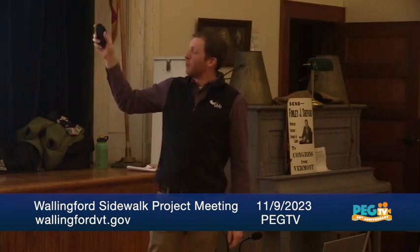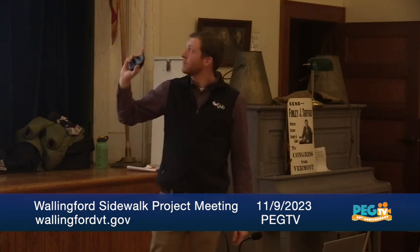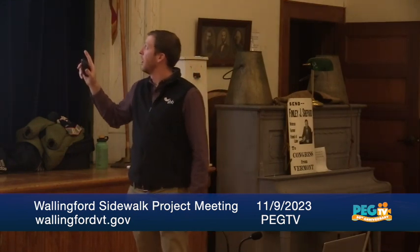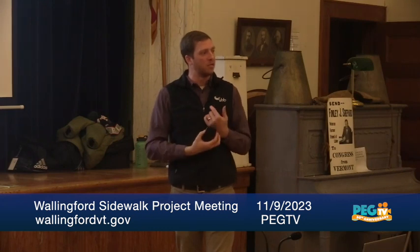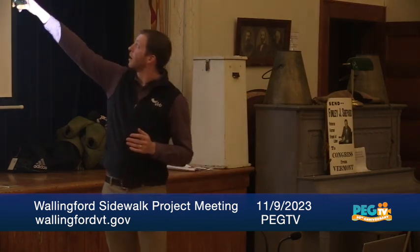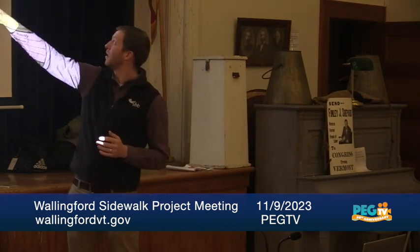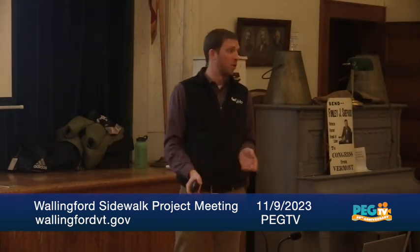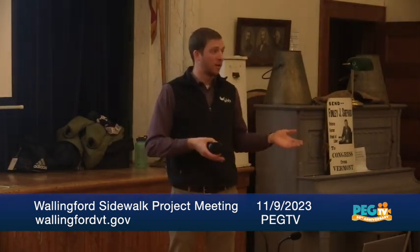So that one comes to about $500,000. And then alternative 3, I have highlighted in red here to put in perspective that $600,000 value that we're talking about. Again, that grant only covers probably what we're looking at for that $500,000 value. So that extra $100,000 at the minimum will likely have to come directly from the town's pocket or another grant